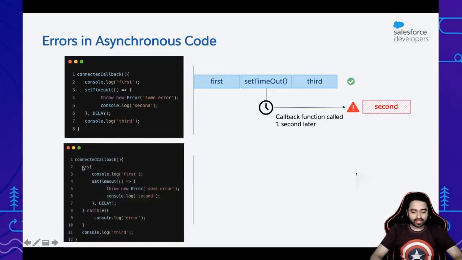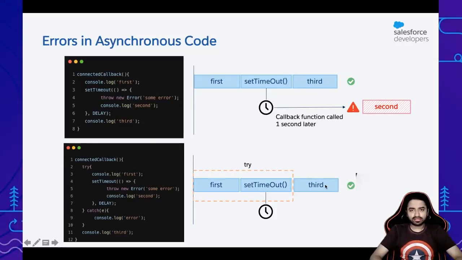Now, I have very similarly put a try-catch block around all of my code so that I should be able to handle this error. But what happens? In the very same way, the try block gets executed first, the first console log gets printed, and then the set timeout function also gets called. Like I said, this is just a call out to the function, so that is anyway successful.